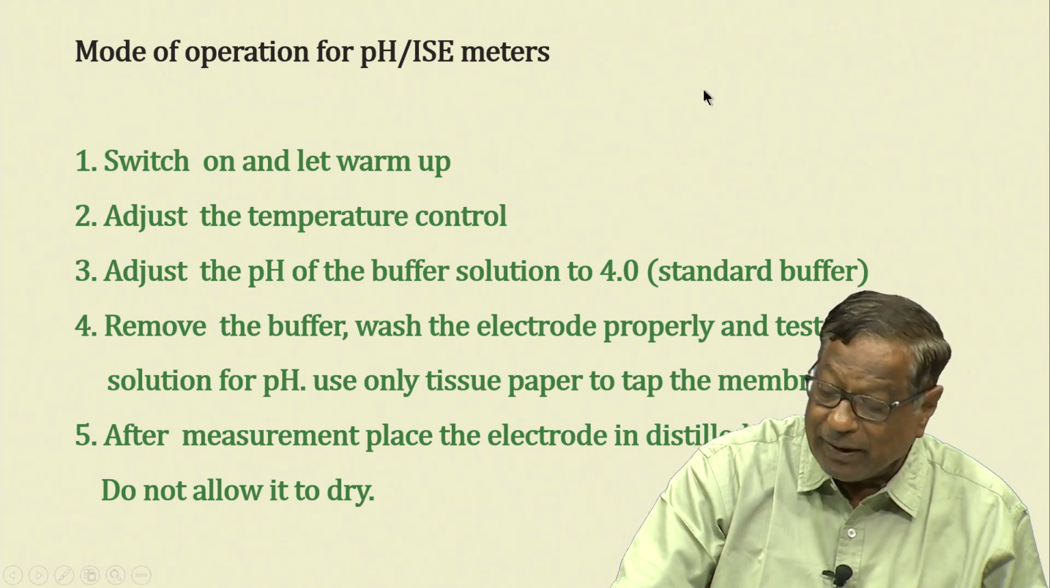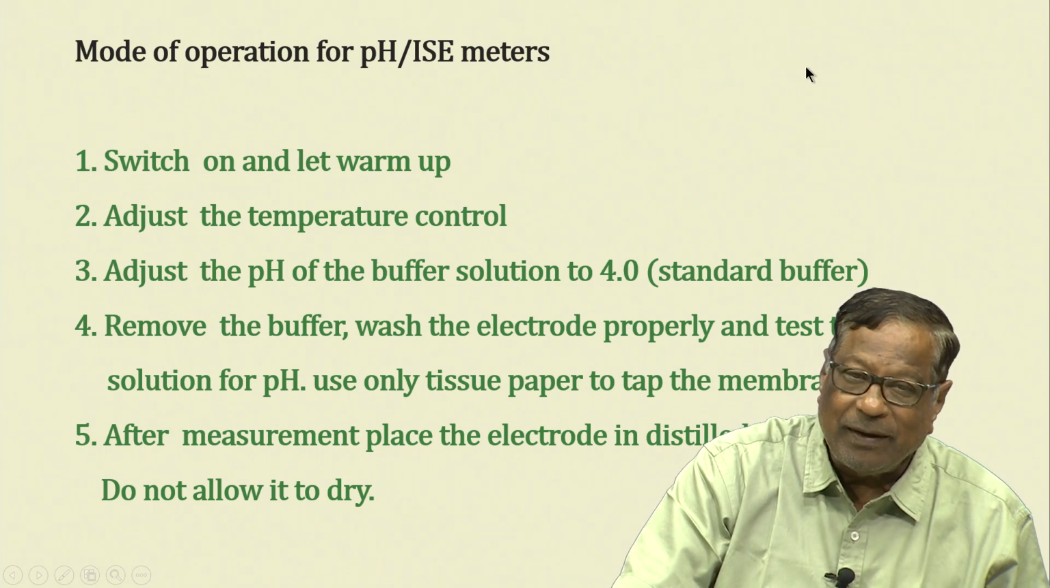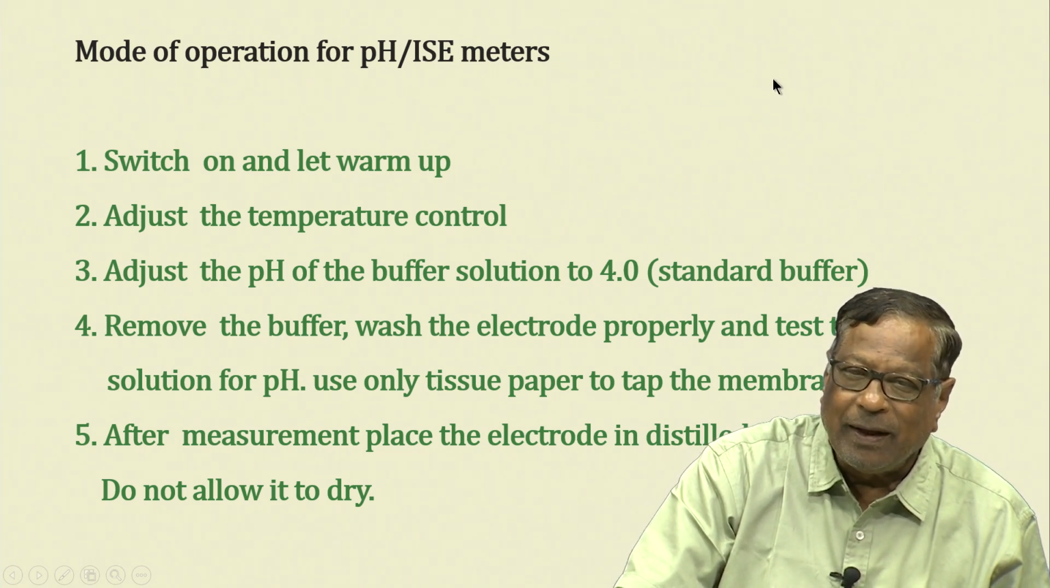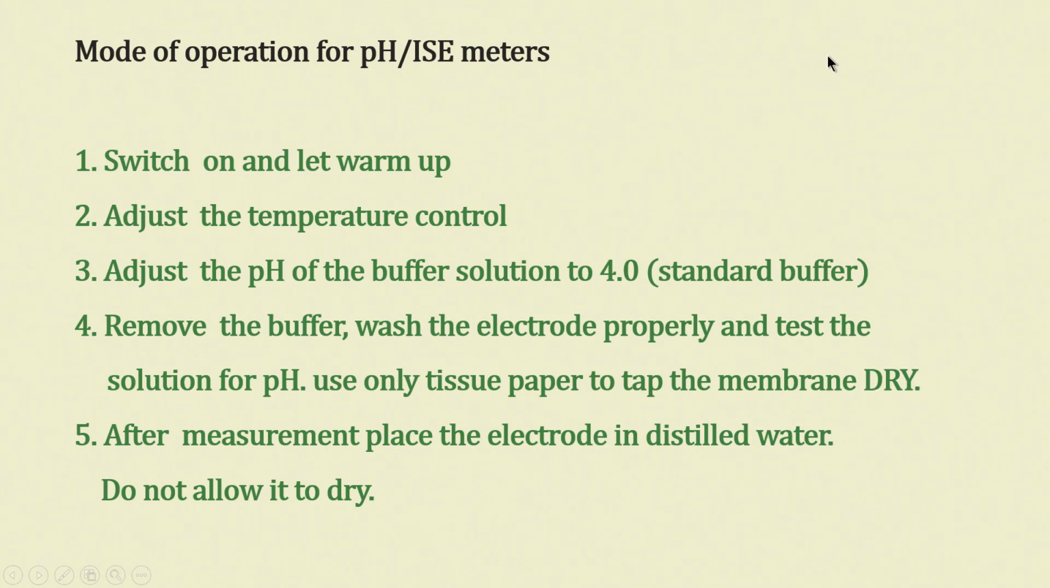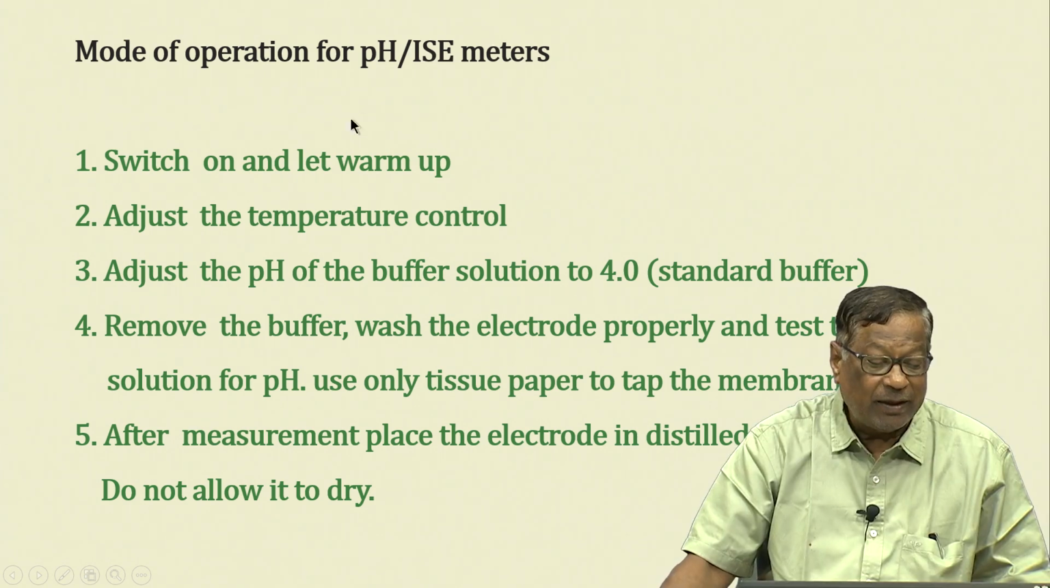Sometimes what happens is, for some reason the electrode is dried and you are not able to use it. We dip it in HCl solution of about 1 molar and then keep it for a day or two and then try it. If it does not work, you have no other go except to throw it out and buy another electrode. Okay. So, getting back to this slide, the normal procedure for operation of an ion selective electrode is